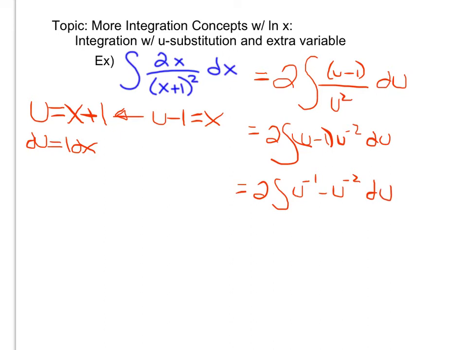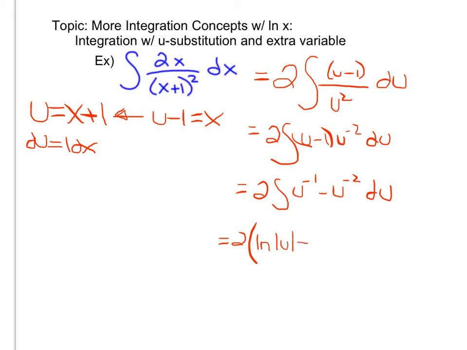Well, from here you might say, wait a second, when I try to use my traditional rules, I end up with 1 over 1 plus negative 1. That's not working for me. But remember, u to the negative 1 is the same thing as 1 over u. So if I think of it in terms of 1 over u, well, I just know that that integrates to be the natural logarithm of u. So this gives me 2 times ln, absolute value of u,